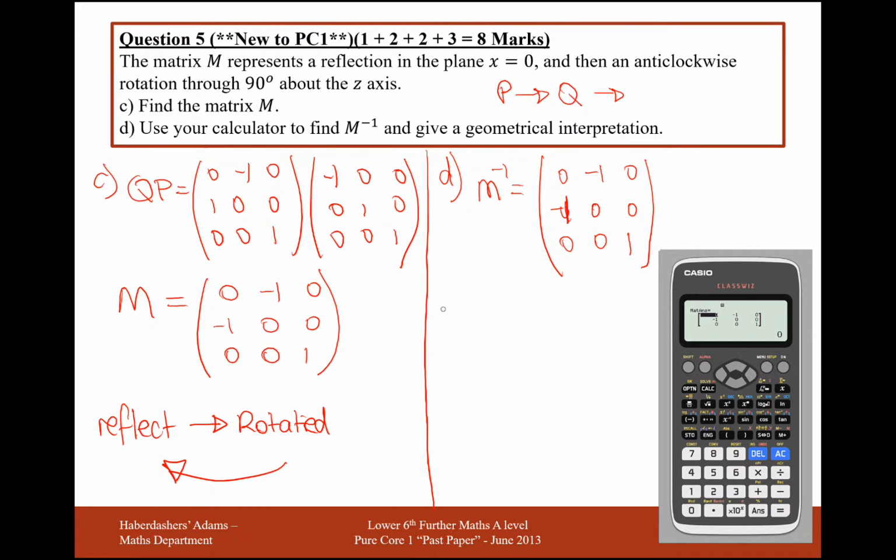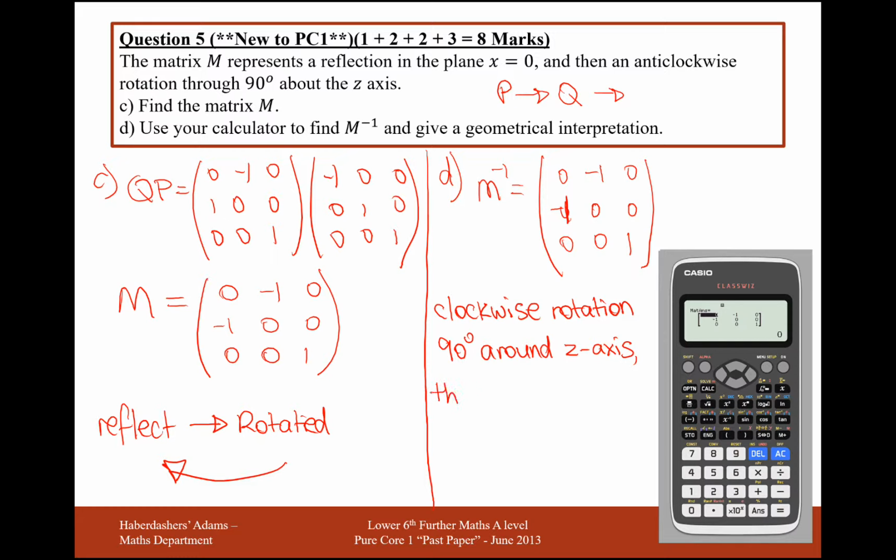So this matrix M inverse represents a clockwise, because it's the reverse, rotation 90 degrees around the z-axis,